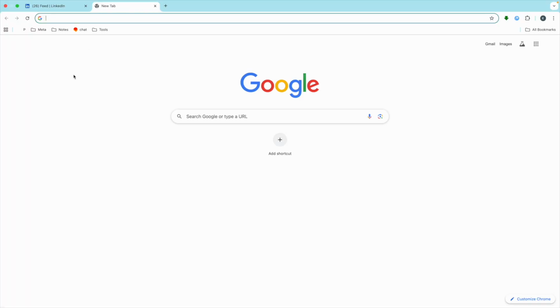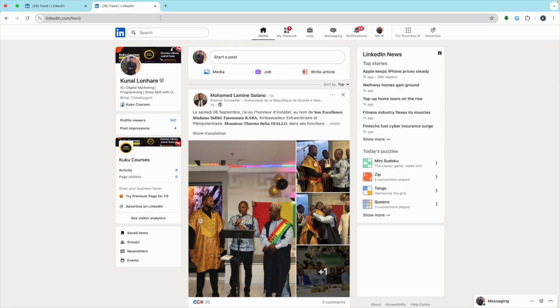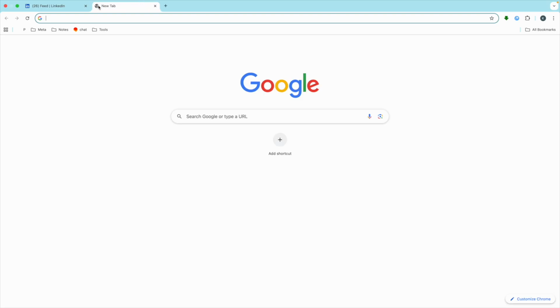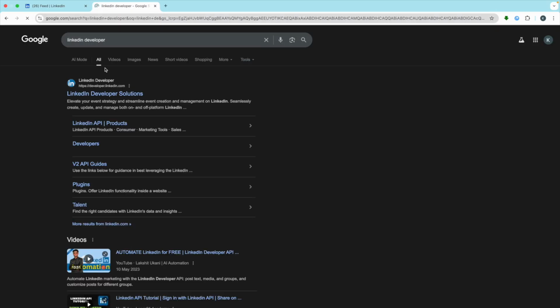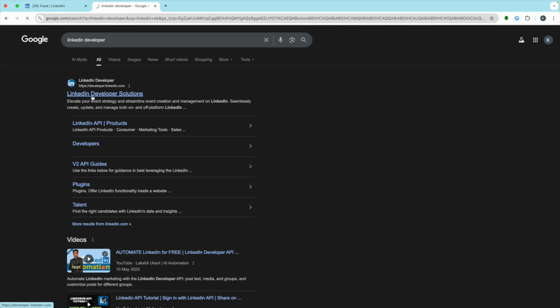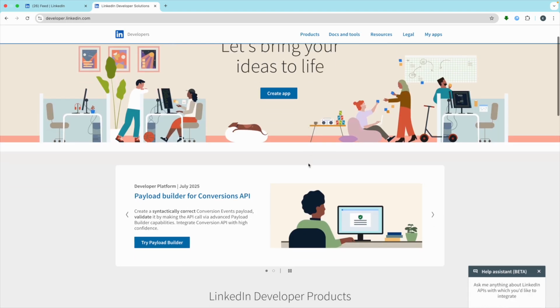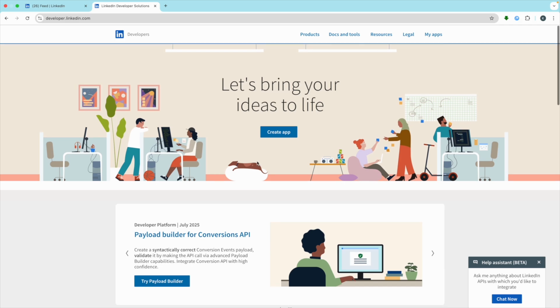After this, just go to LinkedIn developers. Search for LinkedIn developer and go to developer.linkedin.com. Once you do this, all you need to do is